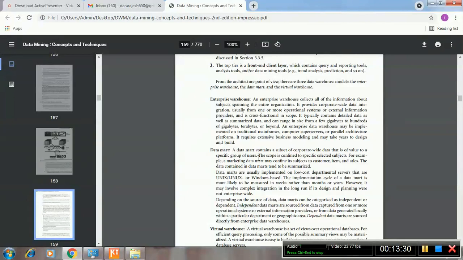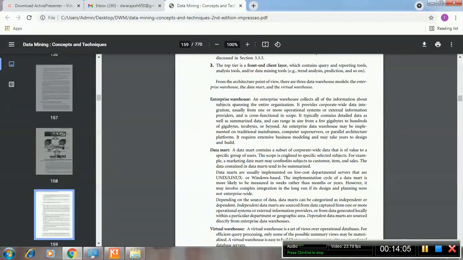For example, if the data mart contains data about manufacturing products, then this particular data mart will be useful only for people who want to know about manufacturing concepts. So that is called a data mart: it contains a subset of corporate-wide data, useful only for some specific type of people, that is, of value to a specific group of users.